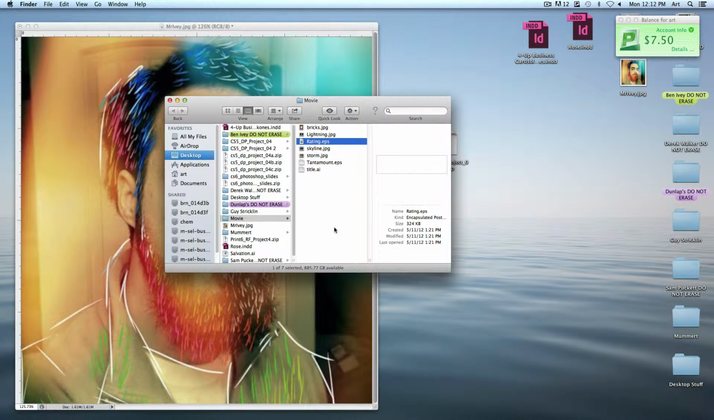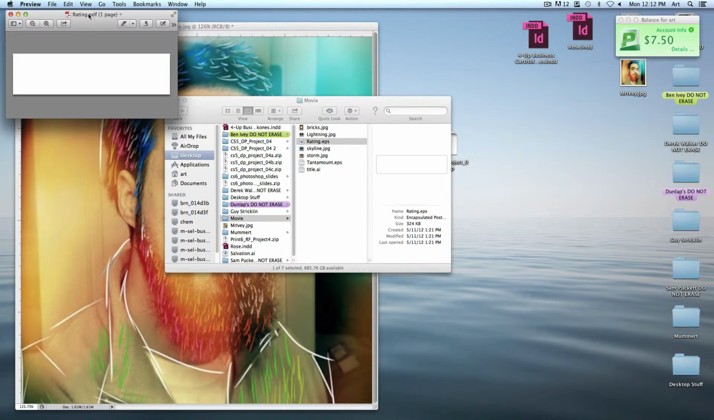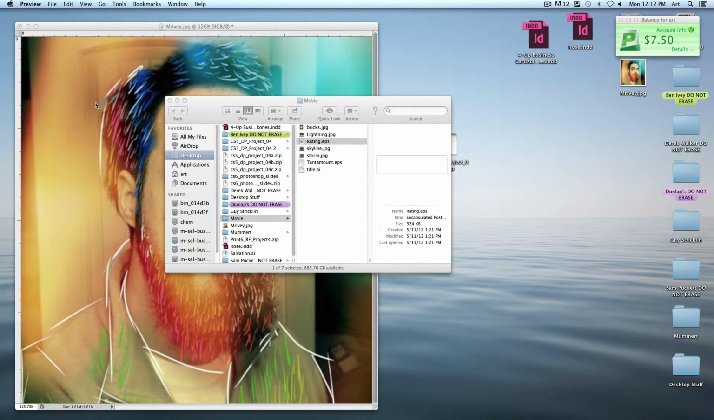So that's a vector file. If I double click on it now, what did it open up in? Preview. You can see that at the very top up here. Preview is not what I want. Preview is kind of the Macintosh default image viewer. It can open up PDFs, it can open up EPS. You can see it even converted this to a PDF in order to open it,